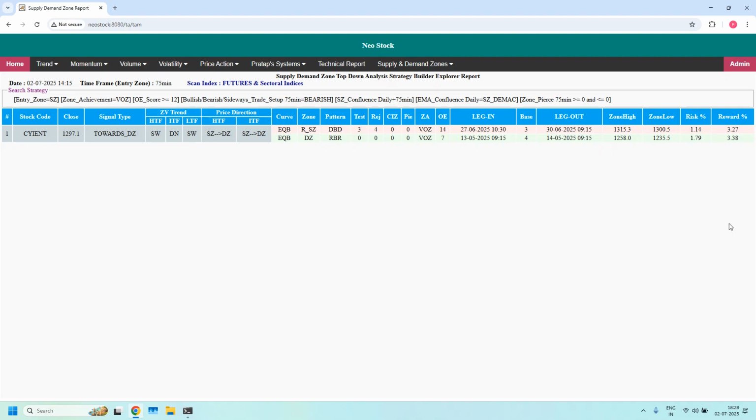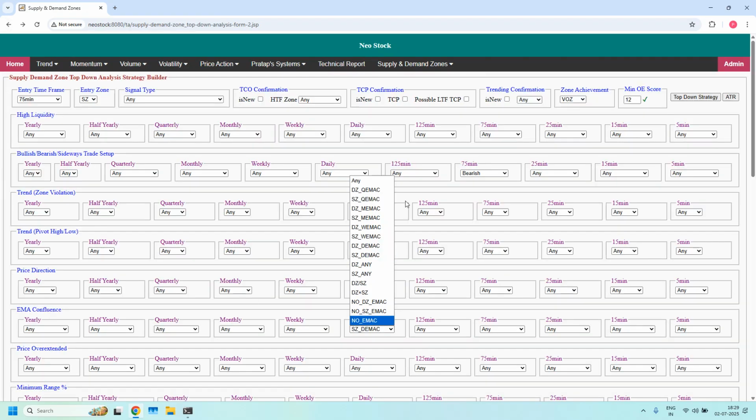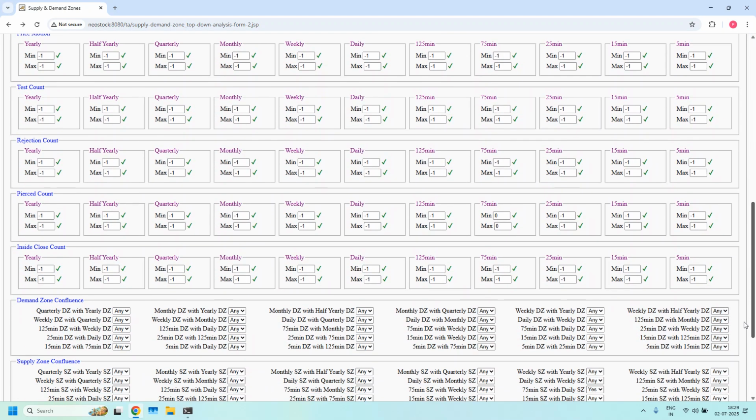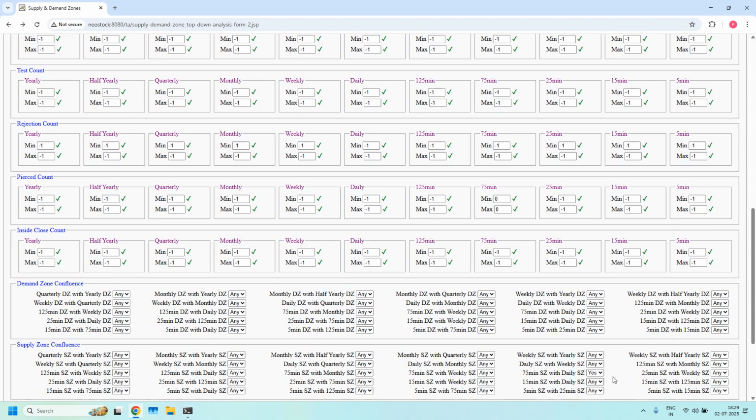Okay, next we will look into LTF, ITF and even HTF supply zone confluence supported stocks. So it is 75 minutes, daily and weekly supply zone confluence supported stocks. I am removing the EMA filter. Supply zone confluence, 3 filters we have to set. First filter is daily and weekly, already enabled. Next daily and,